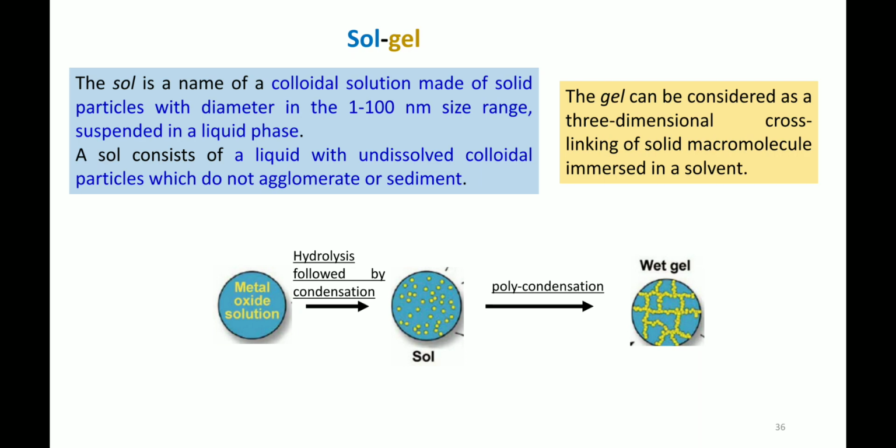So this is the way there is a formation from the precursor solution to first the Sol, and then that Sol is converted into the wet gel by the process of polycondensation, and that's why we call this process the Sol gel method. And once you get the gel, then you are able to prepare materials of different types, which we will see in detail as we look ahead in this technique.